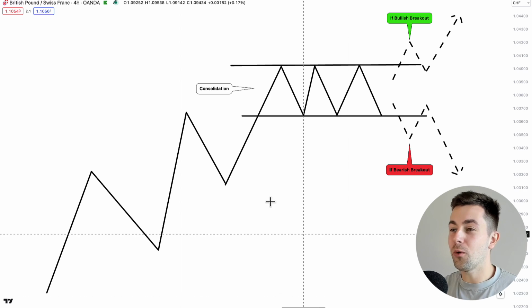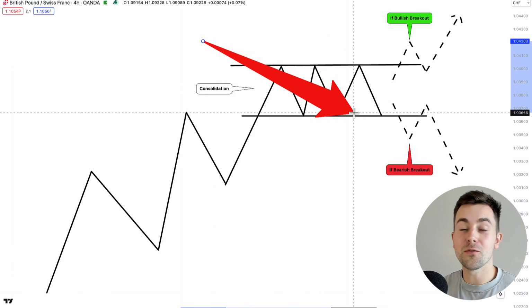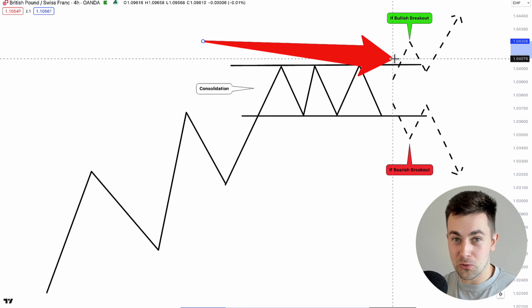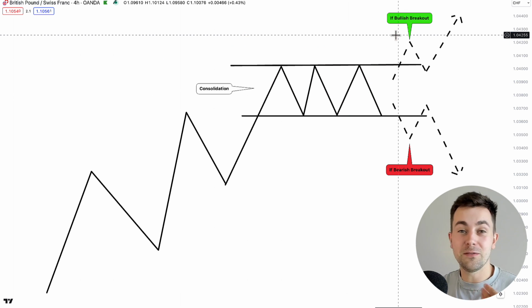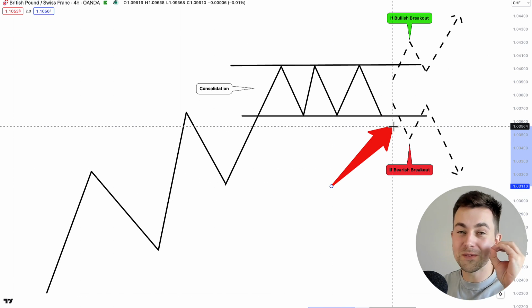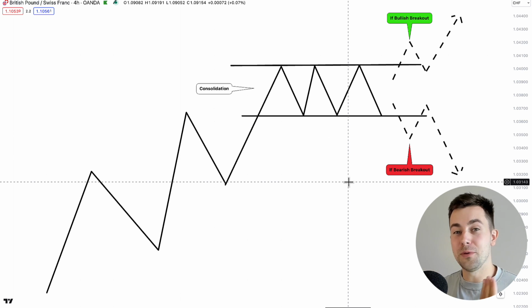And once you spotted the horizontal range, you should patiently monitor the reaction of the price to boundaries of the range. Bullish violation of the resistance of the range will give you a strong bullish signal, while a bearish violation of the support of the range will signify the strength of the sellers and the highly probable bearish continuation.